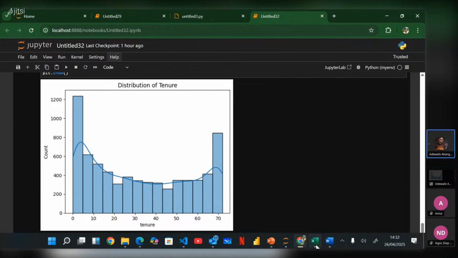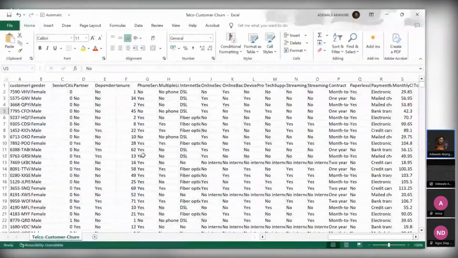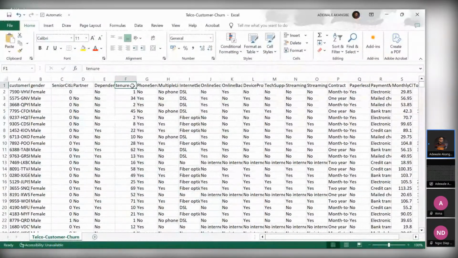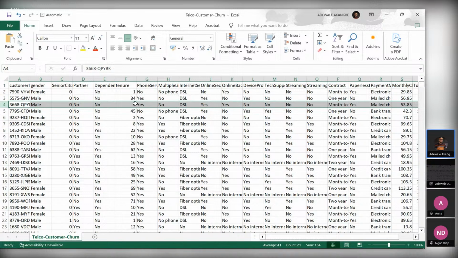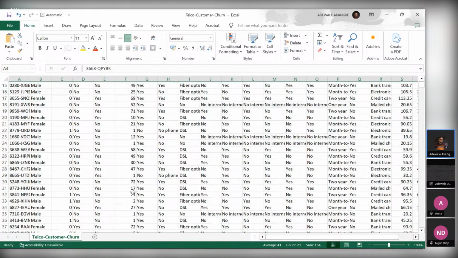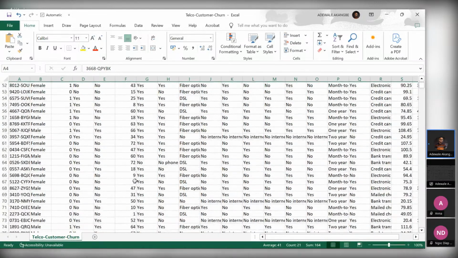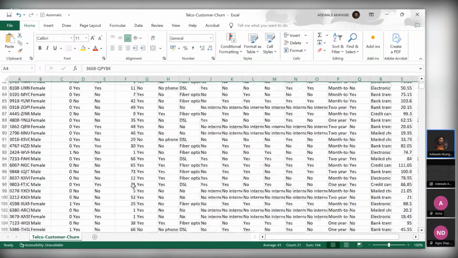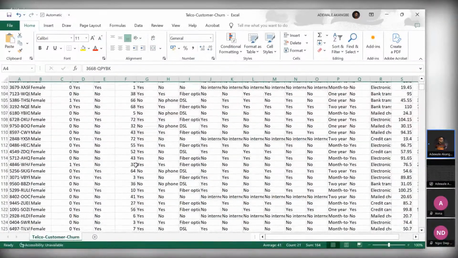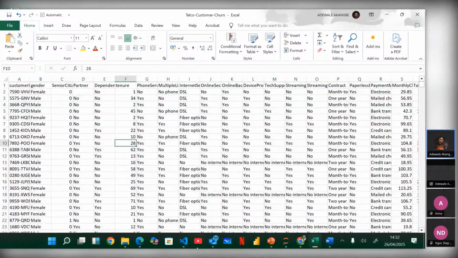Let's go to our data set for a minute. So this is our tenure, right? You can see this person's tenure is 1. This customer's tenure is 34 years. This one's tenure is 2 years. This one is 45 years. So what is that information telling us? We have more people that spent between 1 year and 5 years. If you scroll down, you see more of 3, 1, 1. That means we have more customers that spent between